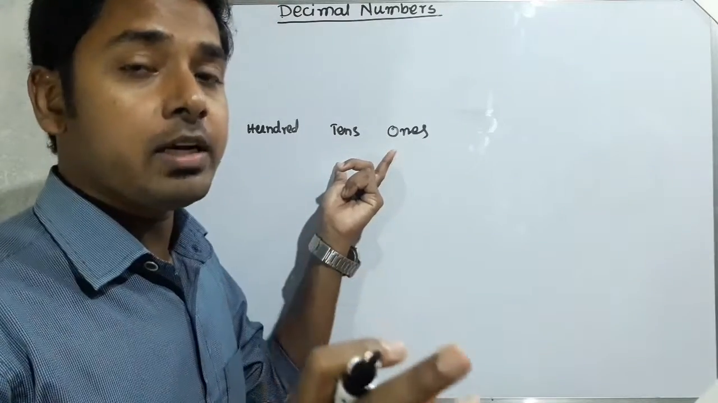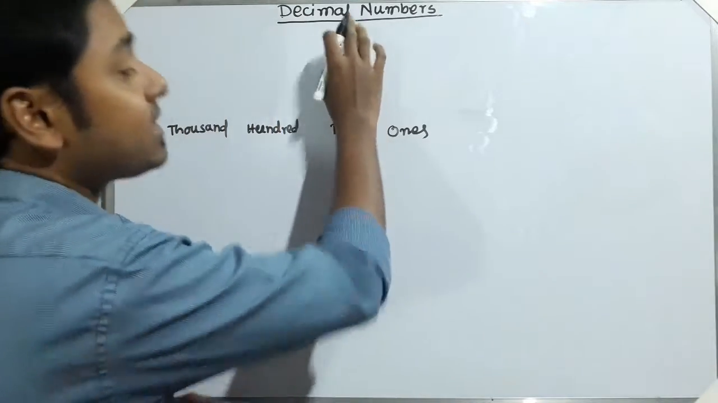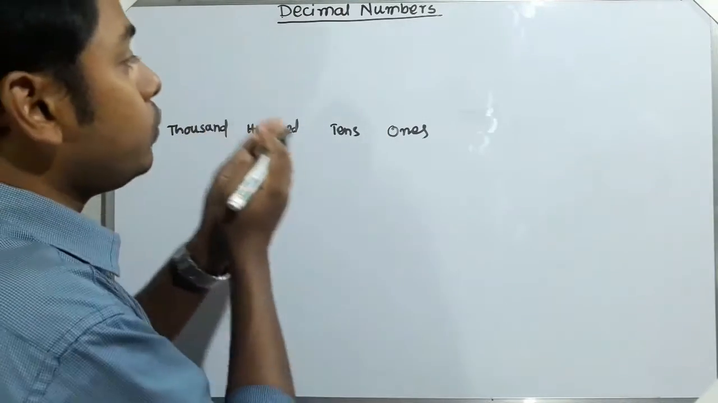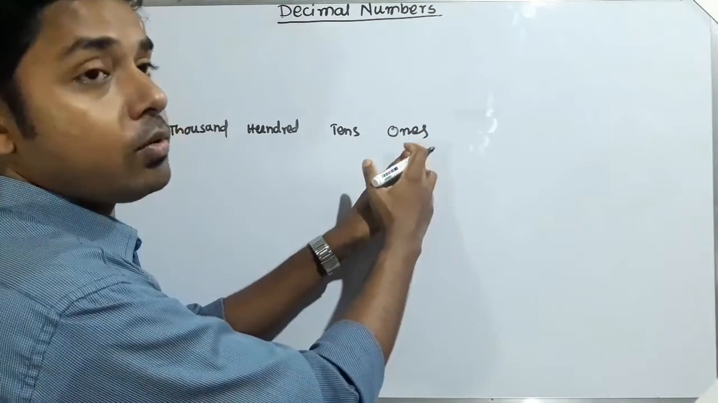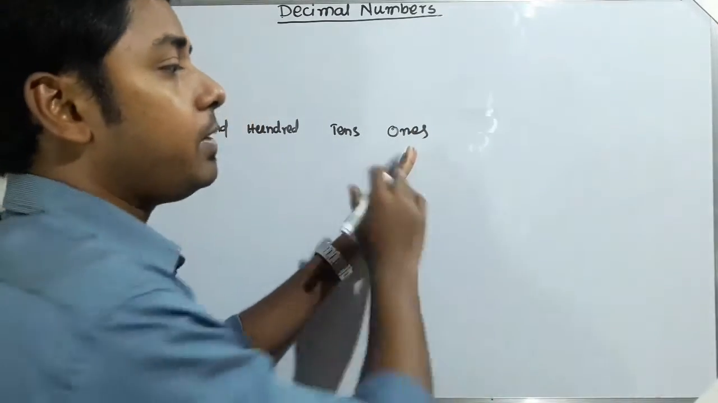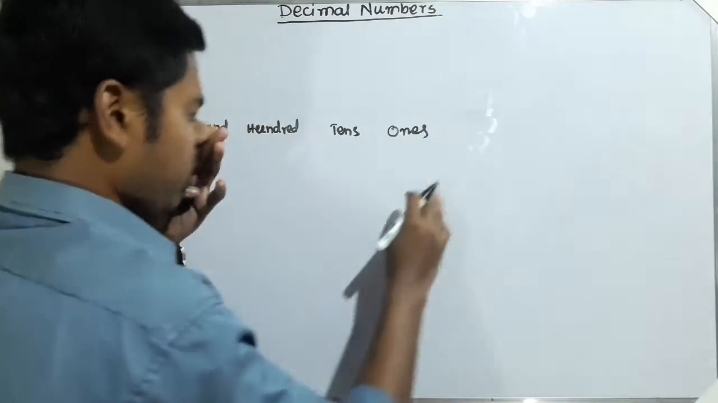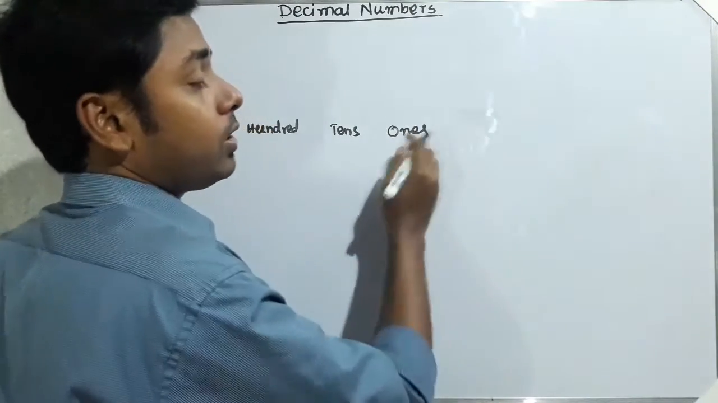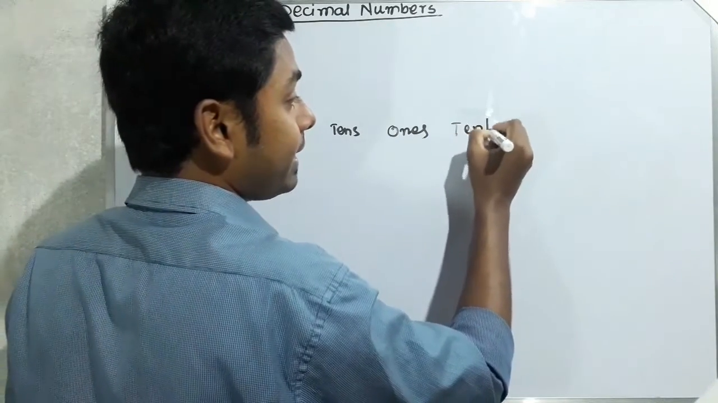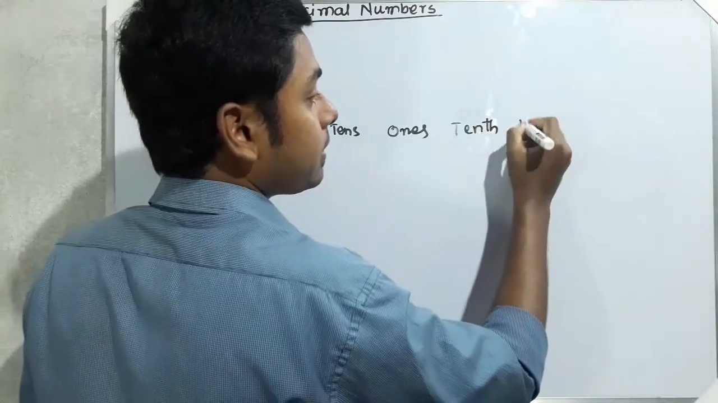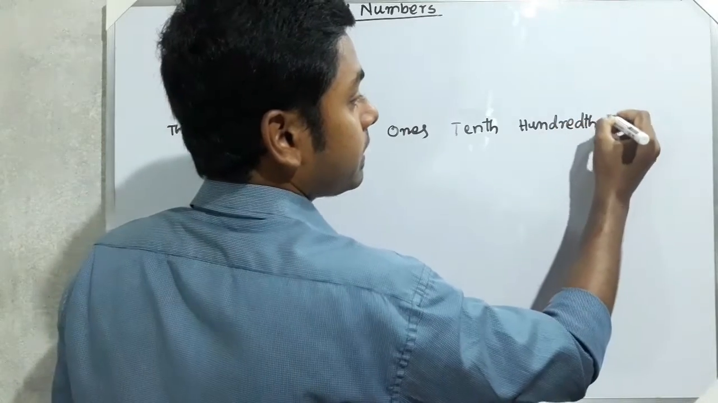Generally, a non-decimal number we count like this, but whenever we have a decimal number, it starts with ones, and after ones the decimal part goes on. So after ones, what are the places for the decimal number? After ones you have to count tenth, then hundredth, then thousandth,